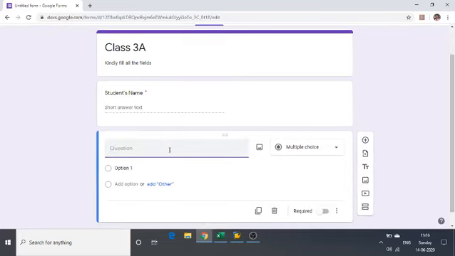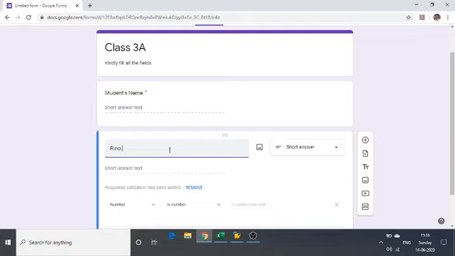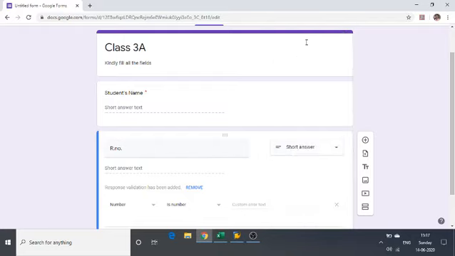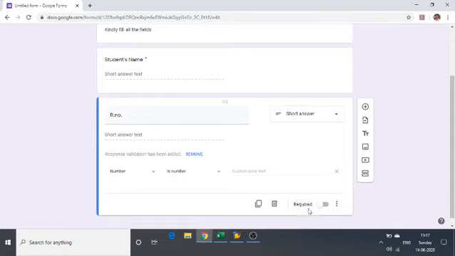Here my second field is roll number, so I am going to type roll number. Now click on this drop down menu. Here you will get short answer on the top, so select it. Now again you have to click here to make it